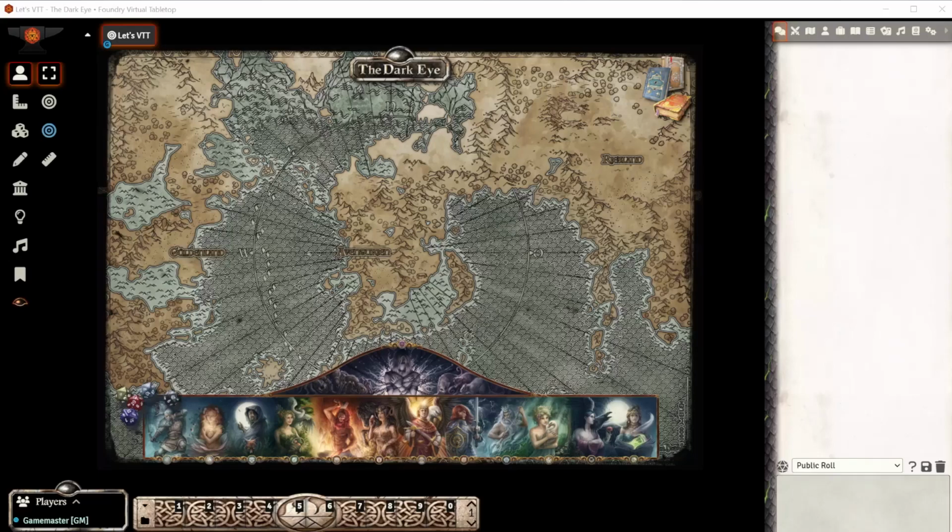Today I'm going to be talking about The Dark Eye on Foundry Virtual Tabletop. If you're wondering what The Dark Eye is, it's a German-based role-playing game from Ulysses Spiele. It has been around since about the 80s and it's very much fun to play. So if you're interested in the lore or the general game mechanics of The Dark Eye, well, feel free to